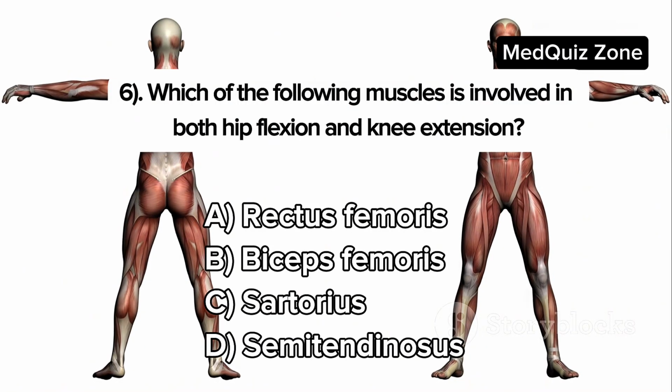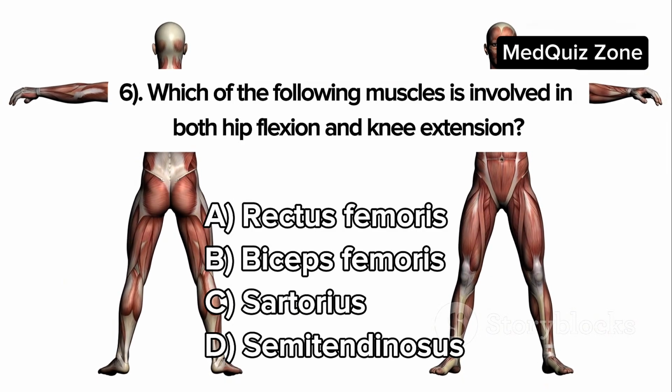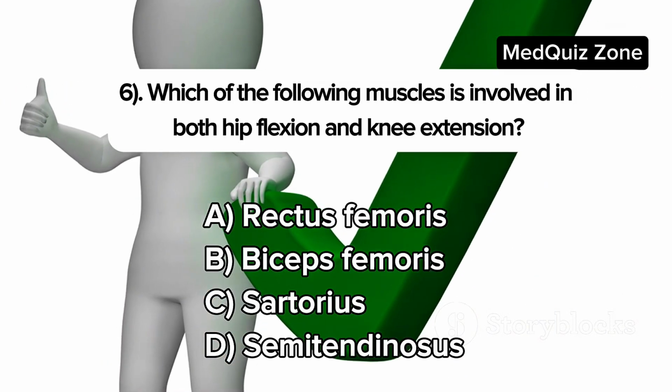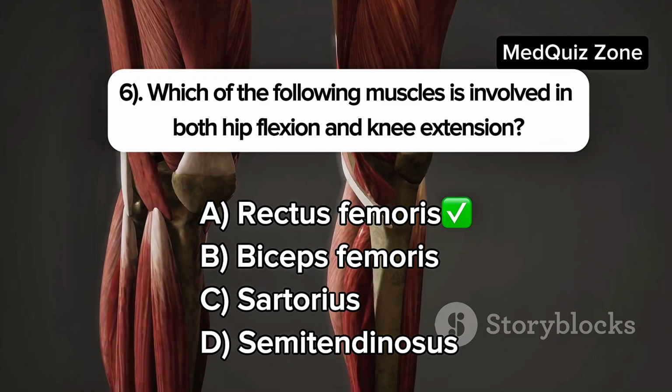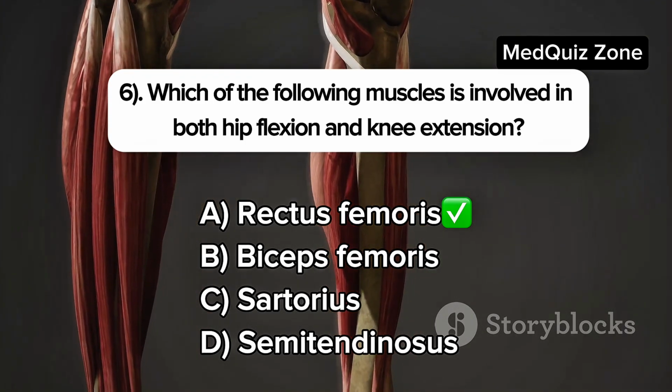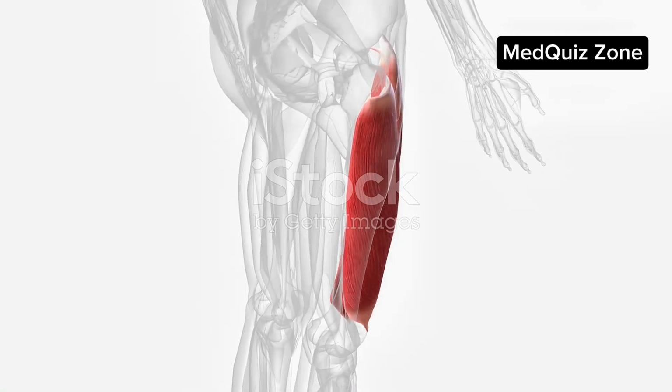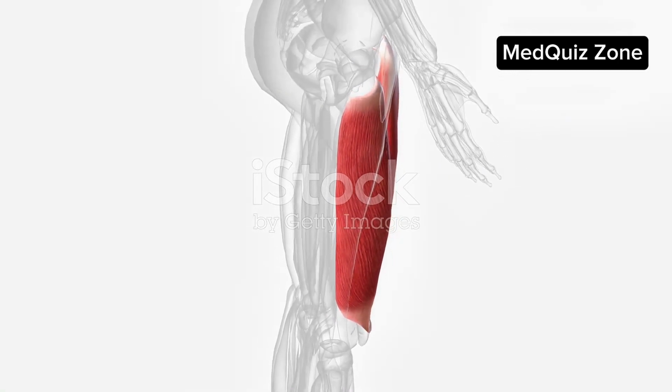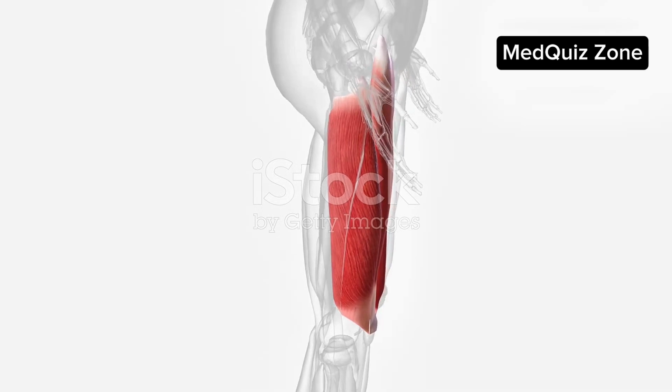Question 6. Which muscle is involved in both hip flexion and knee extension? The answer is the rectus femoris. This muscle is unique among the quadriceps group because of its origin point, allowing it to act on both the hip and knee joints. The rectus femoris originates from the anterior inferior iliac spine and the ilium just superior to